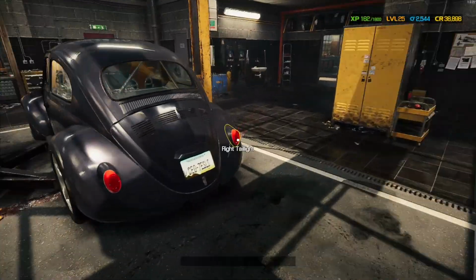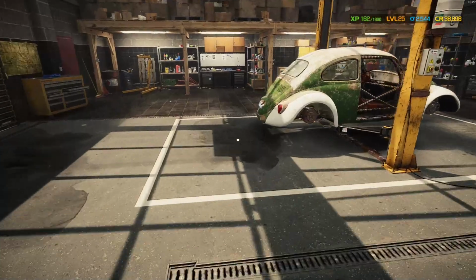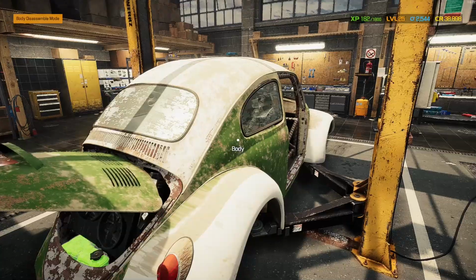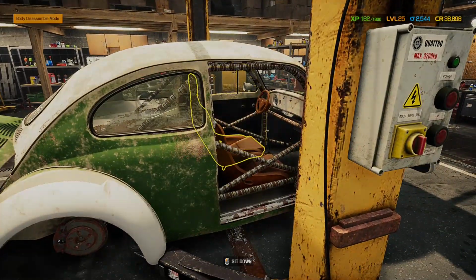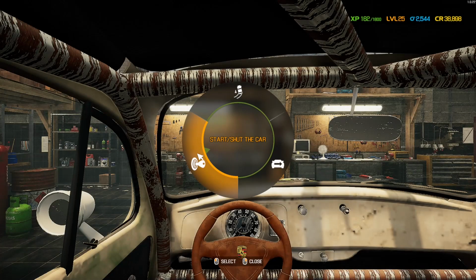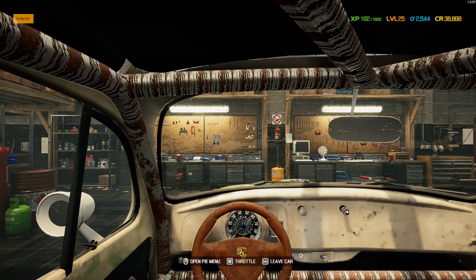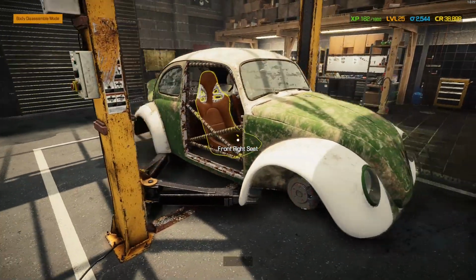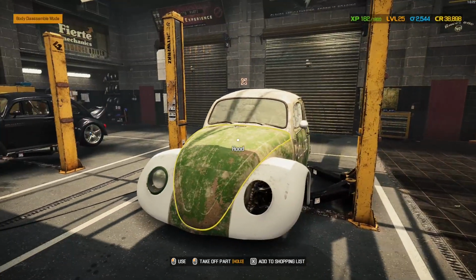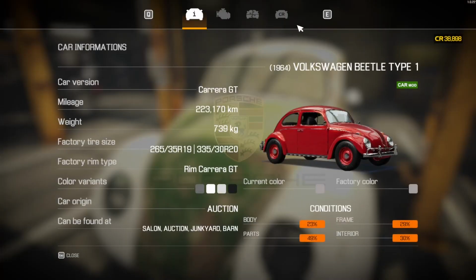Anyway, this is completely stripped apart from the gearbox and engine block, and now it's all in here. And you might say, well, Jack, why did you bother doing all that? Well, two things really. One, I wanted to get it started just because I could, and it does start now, which is great. Takes a little while, but it does cough up and start. But the reason why I've put as much back on this as I possibly can is because I want to sell it and get some more money in the bank to finish that camera car off, and also make as much profit as possible. So you see here,